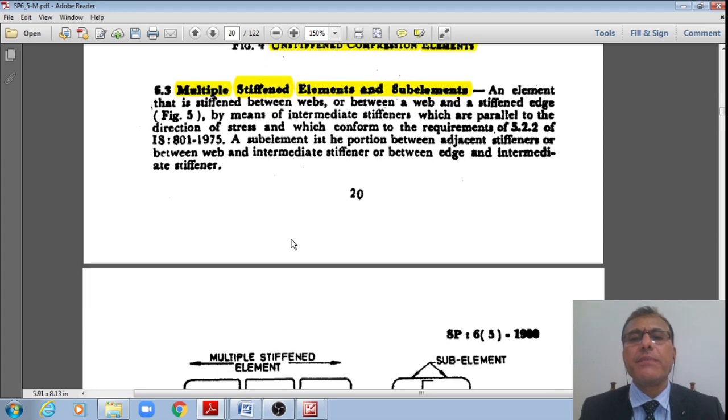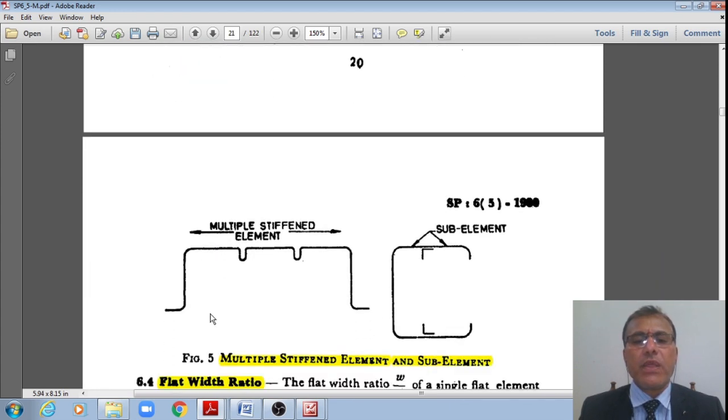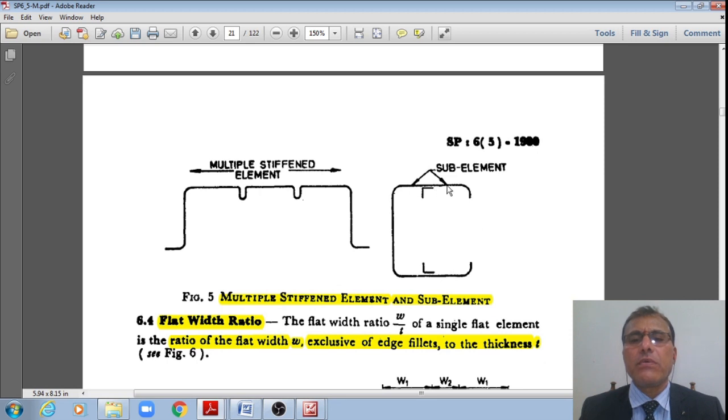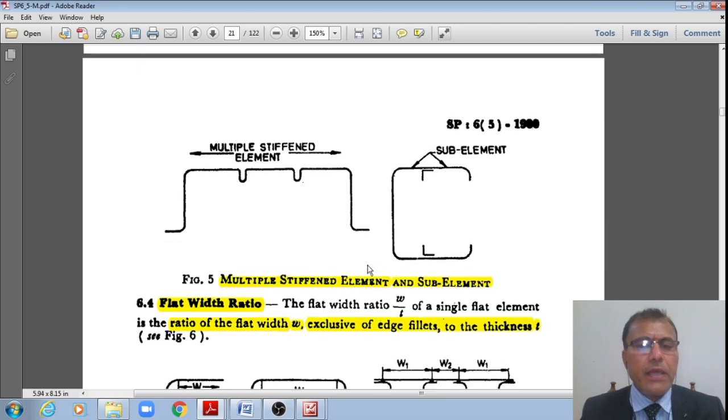The next one is multiple stiffened elements and sub-elements, students, right? That is how for floor panels we may generally be having multiple stiffened elements like this. One groove, the second groove, one trough, second trough, so on and so forth, right? And even this itself is stiffened by an additional angle here, a light gauge steel section. So this is what is called multiple stiffened here. This is already stiffened by this lip, whereas even now this is stiffened by this support, as well as at the other end by the web. These are the multiple stiffened elements, right?